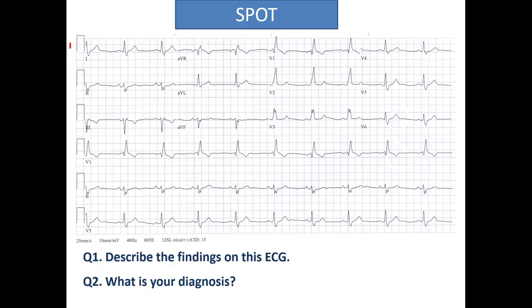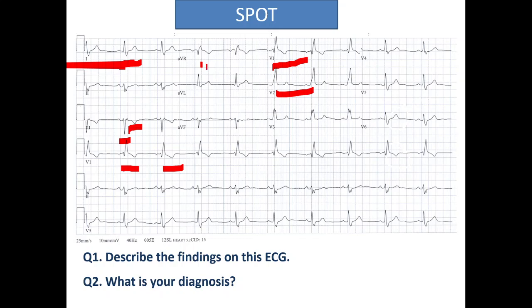Describe the findings on this ECG and what is the diagnosis. Go through the ECG and try to make out bundle branch block. Another differential diagnosis could be, look at here, S1, whether T3, Q3 is present or not, you can make it out, but it is right bundle branch block. Regarding this part also, just focus over here, even though the Q waves are not deep, it is looking like